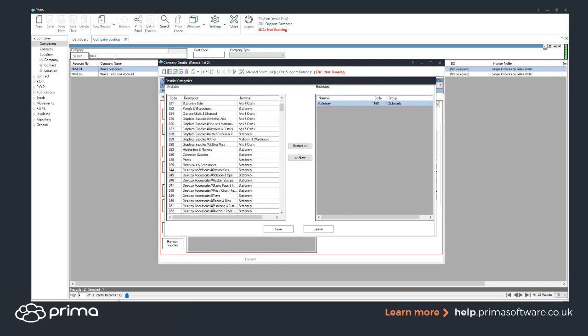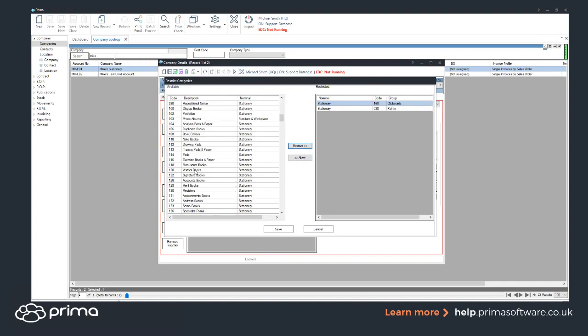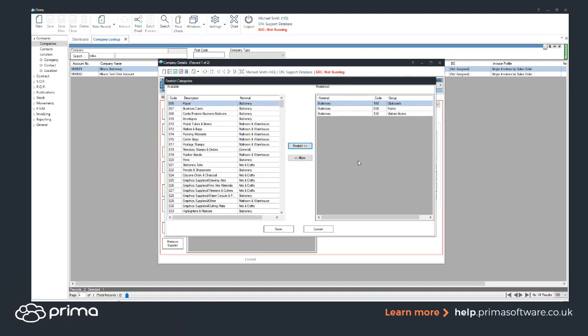So if you don't want them to see paints, you can restrict that. If you don't want them to see visited books, you can restrict that. And basically that will make life a lot easier. You'll have some customers that have a specific bespoke setup that they want. They only want to see certain things. You can do it, and that's basically on a company level. So if I just cancel that,